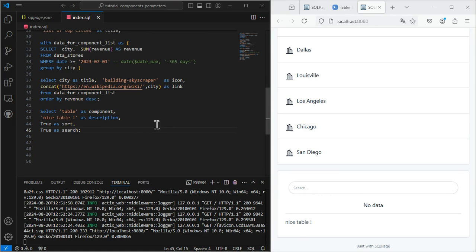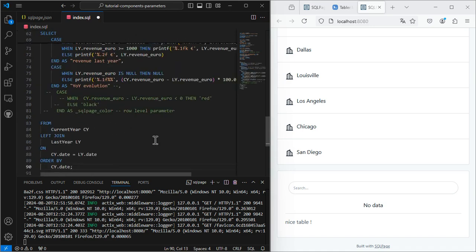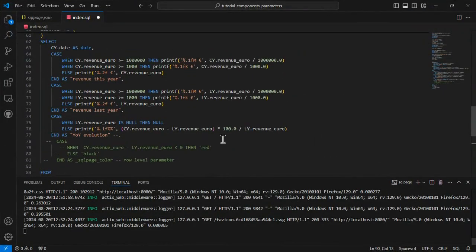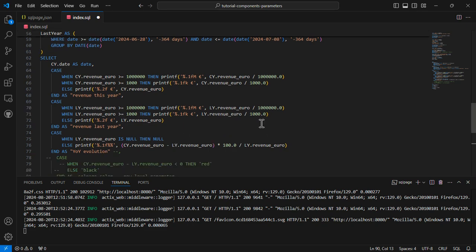Can you write a query for me that displays the revenue for this year, last year, and the year-on-year evolution? I also said the table should be daily, and I also asked it to format the revenue in euro and the year-on-year as percentage. Let's see what it gives.